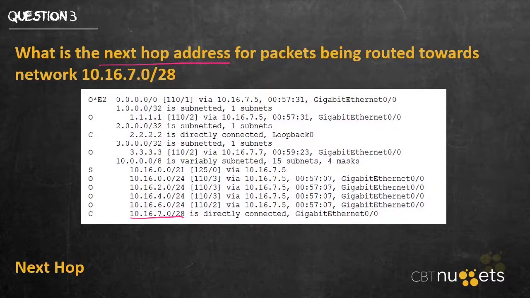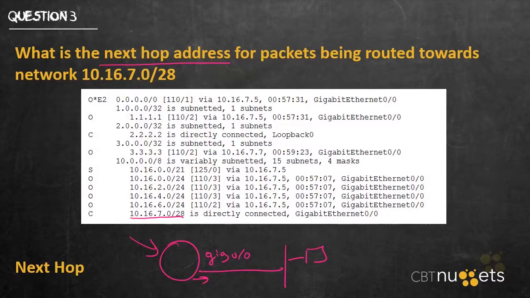So let's walk through the solution to this. If this is our router, so we'll put our router here, and for this route 10.16.7, it's gig 0/0, so we can put gig 0/0 there. So it's connected to this network. If this router received a packet destined for a host at 10.16.7. Let's imagine it was .8 or .9 or some IP address on that subnet. This router, believing that he's directly connected to that network, which he is, would go ahead and deliver that packet directly to the host. So if this is the PC or the host at .9, it would just go ahead and forward the packet directly to that host